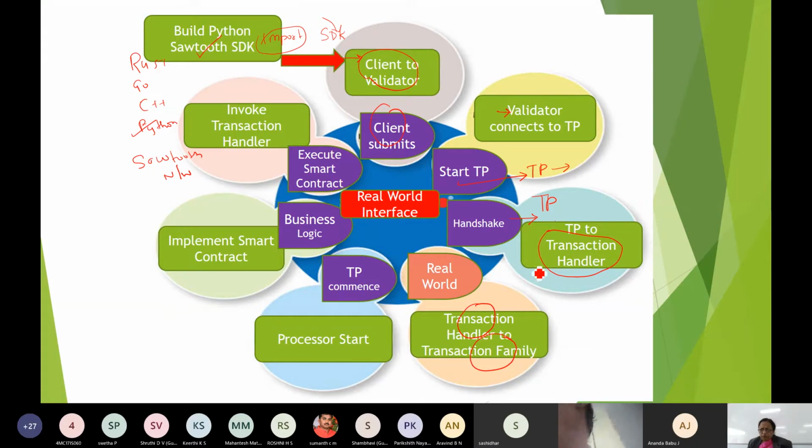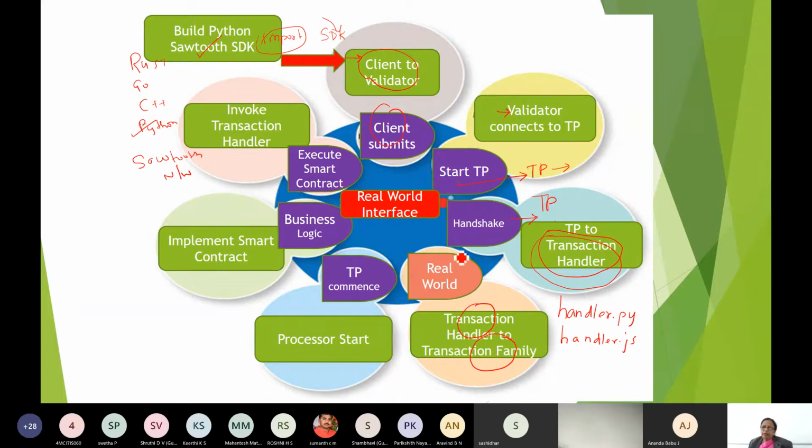So all these you will be writing as modules, handler.py or handler.js. You will be writing these modules in your application development here.